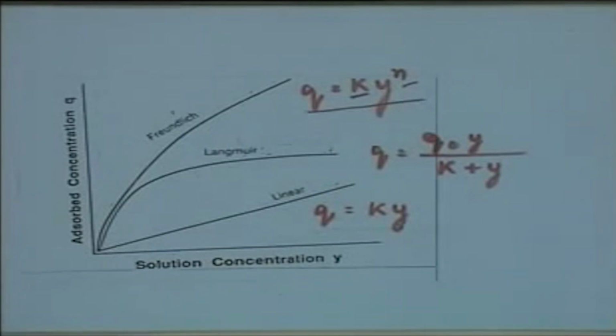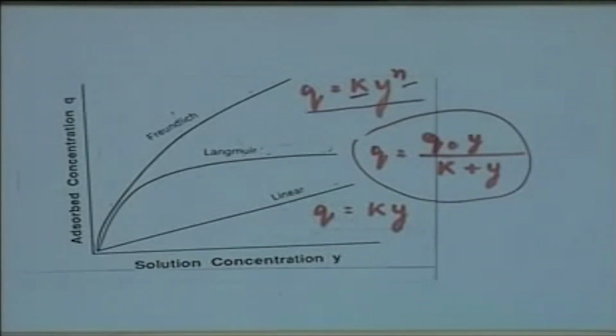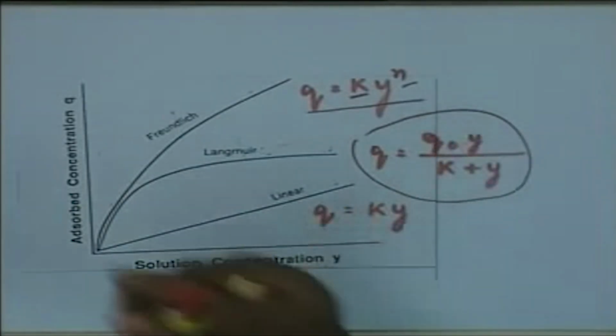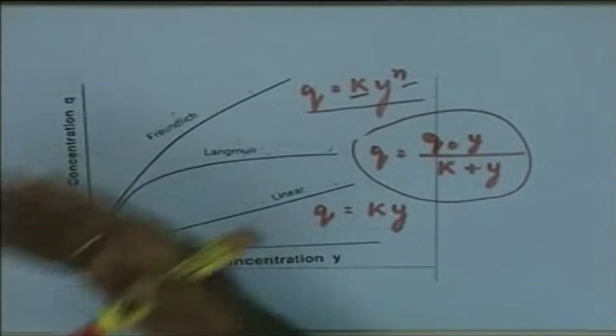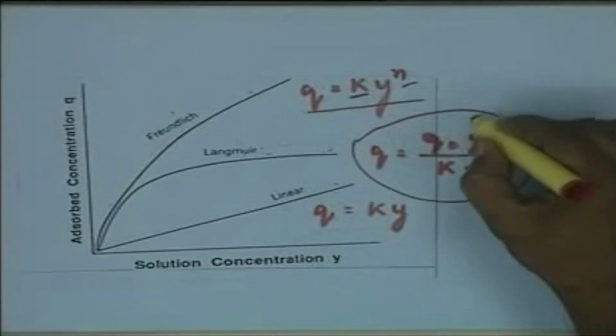The most established and analytically proven method is the Langmuir isotherm. Here Q is the concentration of the enzyme protein onto the solid matrix, and Q naught is the maximum capacity of the matrix. That means if you take a very high enzyme loading, very high enzyme concentration compared to carrier, and allow the equilibrium to be established, the concentration of the enzyme onto the immobilized preparation, which represents the saturation behavior, is Q naught. And there you will notice that it is analogous to your Michaelis-Menten